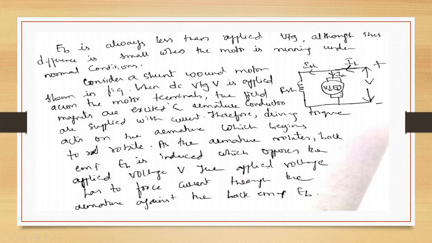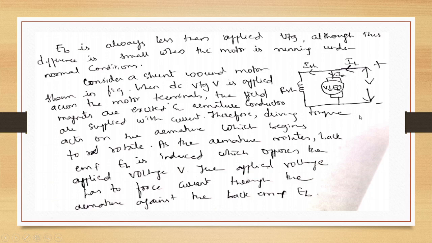See students, this is the diagram of a shunt motor. Types of motors and all we will see in the next classes, of course. But still I am telling you that this is a shunt motor where the armature winding is in parallel with the field winding, and this is the direction of current. This is IL, the line current. In case of a motor it is line current, whereas in case of a generator it will be load current. We will see in detail later. So this is applied voltage, line current, armature current, shunt field current. So IL is equal to IA plus ISH.